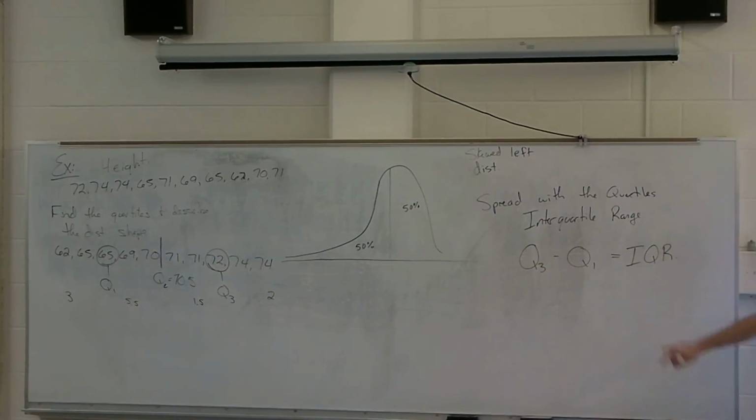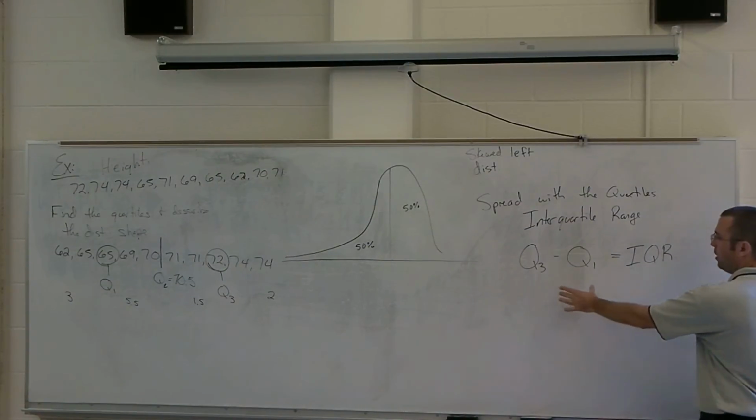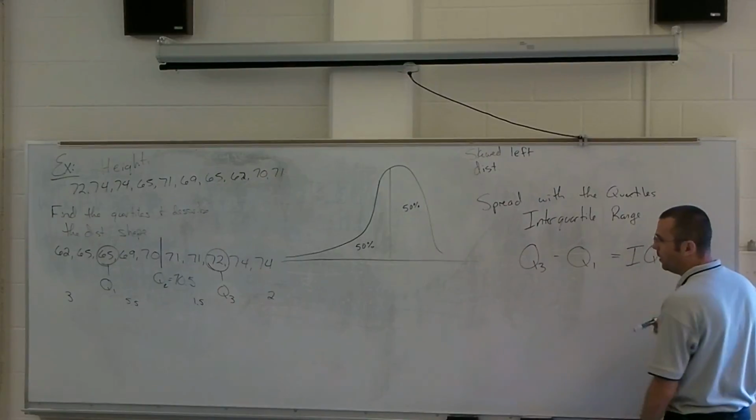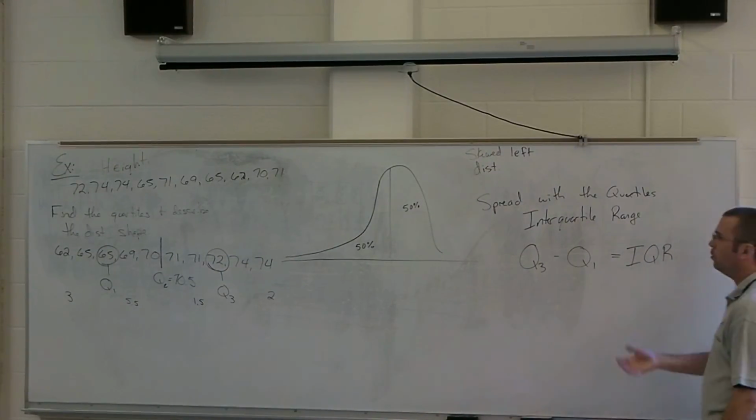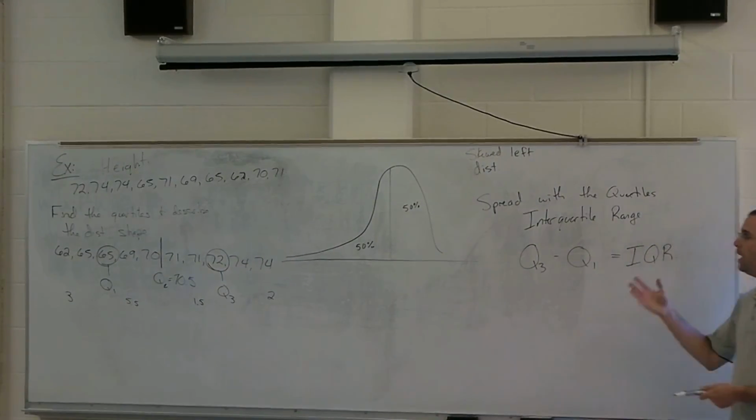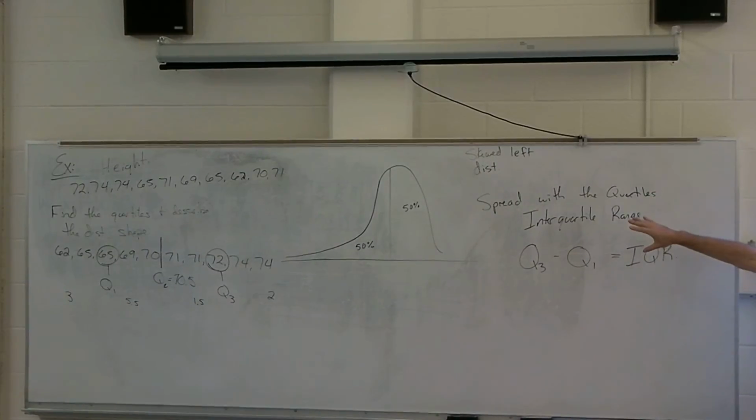Abbreviation-wise, the book and I will both refer to it as the IQR. It's just a way of measuring the spread of the middle 50% of our data. That's what this measures: how spread out the middle 50% of our data is. Now you may ask, why would I ever want to use this when I have all these other ways of measuring spread? Well, again, being able to identify how to describe the data